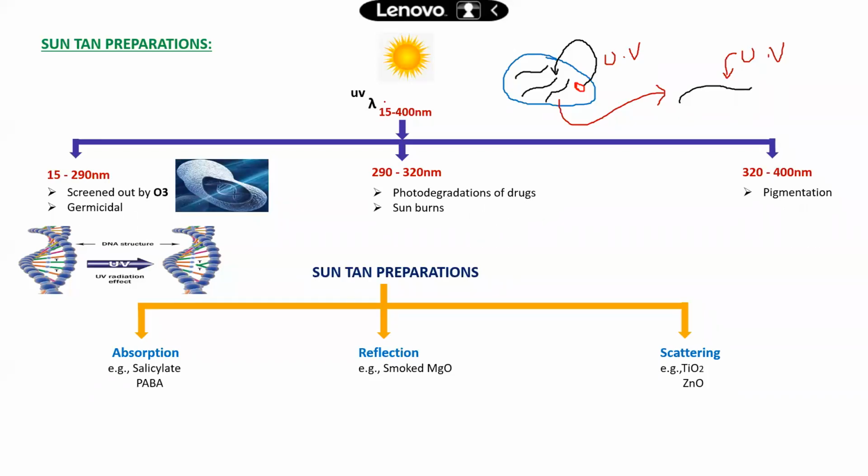But friends, what is the relationship between wavelength and energy? This is the wavelength is small, this is the wavelength is large. So what is the relationship between wavelength and energy? They are inversely related. That's why if the wavelength is small, energy is large. If the wavelength is large, energy is small. So the small wavelength is also called high energetic UV rays, and the large wavelength UV is also called low energetic UV radiation.